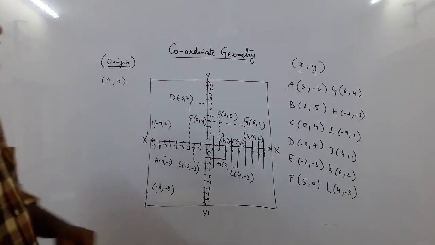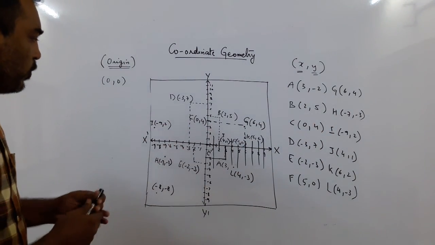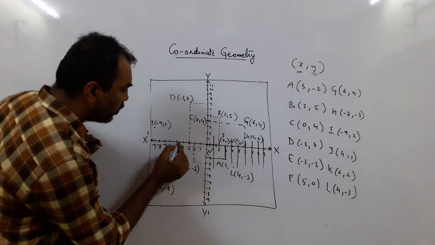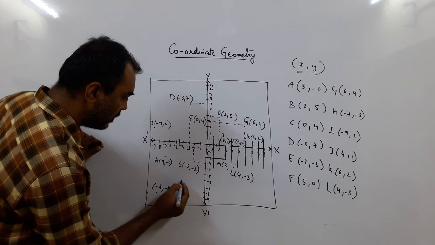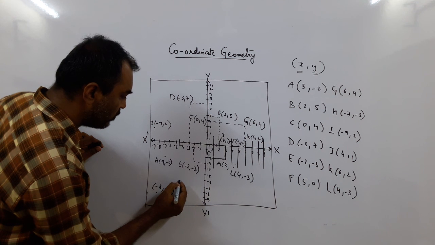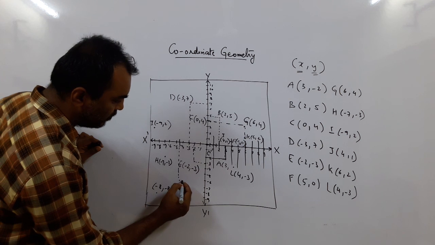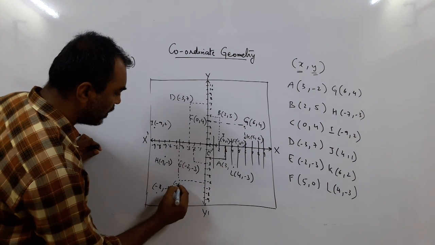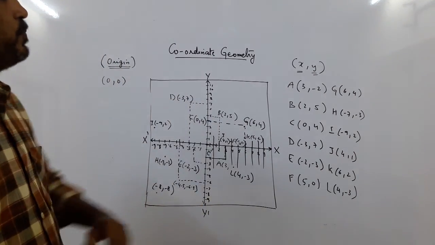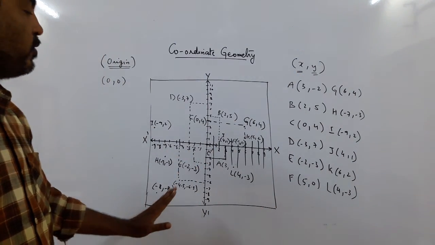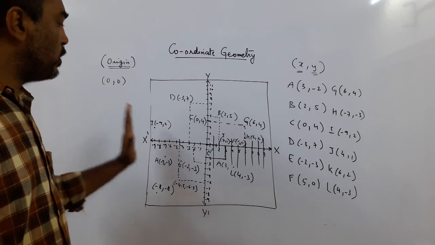Now what I've done here is taken only integers, not needed. We can also have a point, say, minus 4.5. So minus 4.5 lies between 4 and 5, minus 4.5 and minus 6.5. So that point will be somewhere here. In between minus 4 and minus 5 is minus 4.5, and here is, so I got minus 4.5, minus 6.5. But just now we have kept it simple to only integers, but we can have decimal numbers also. And that depends on the lines on your graph, how accurate you can draw.